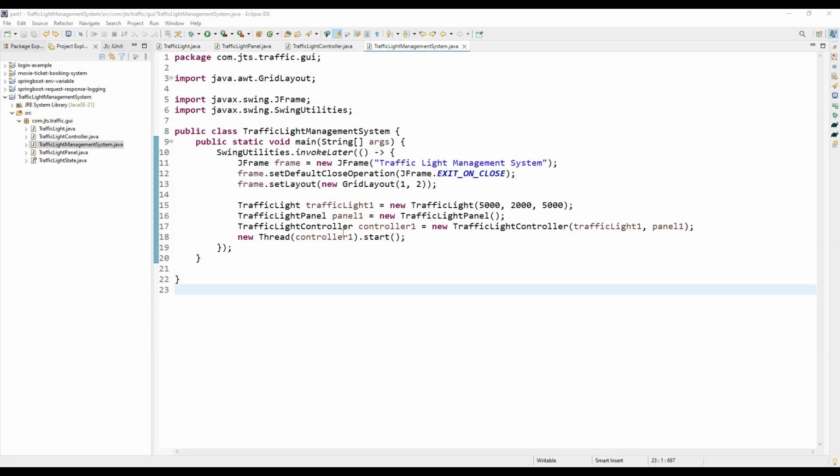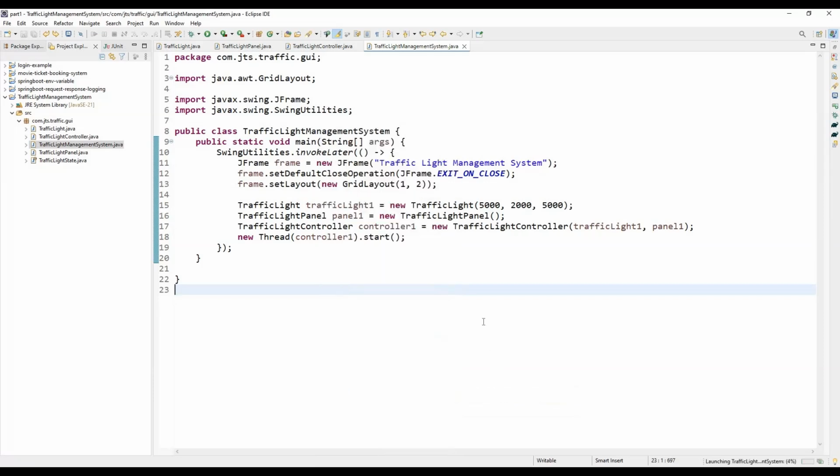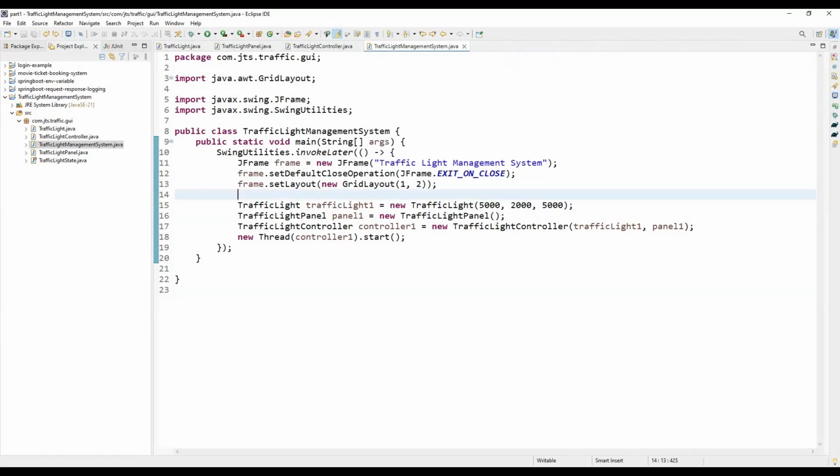So how are we going to start the main application? Just right click over here and choose Run As Java Application. It will start the application and it should open this JFrame, but it is not opening, though the program started. Why is it not showing? Whatever frame you have created is not visible. Also that panel we need to add in a frame. So first of all we need to add this panel in a frame, and then we need to call